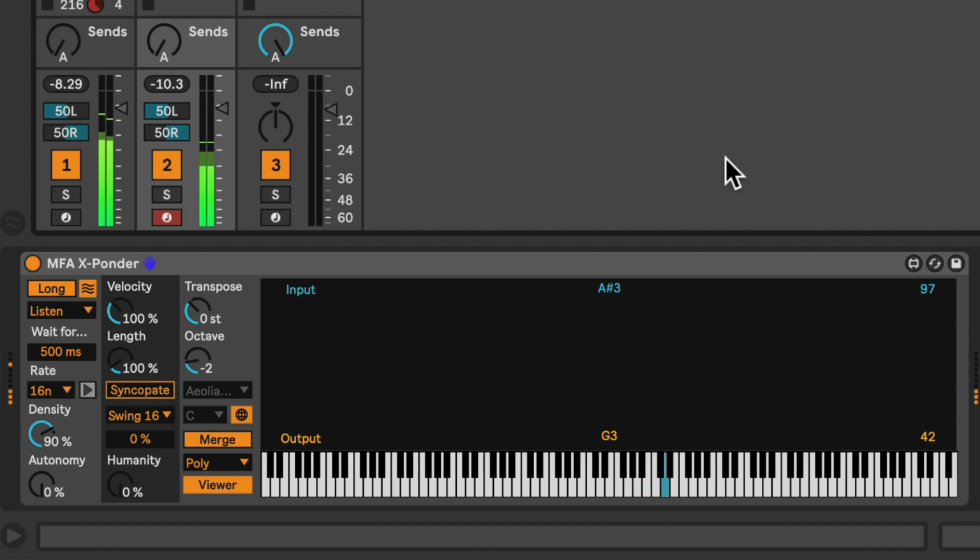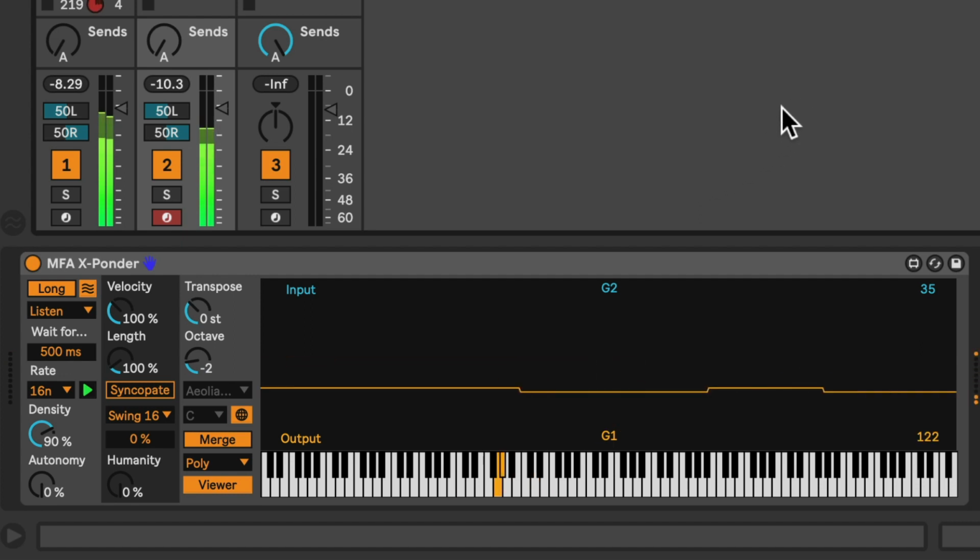Now I'm going to set it to long-term memory while I'm in the listen mode. So it will concatenatively add